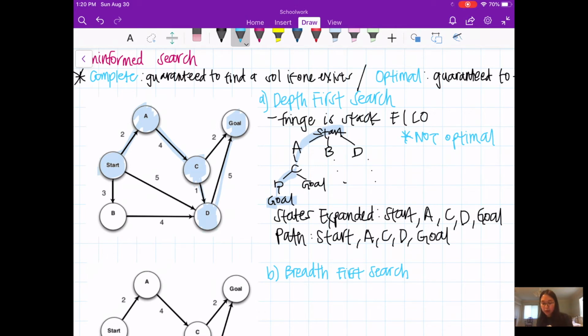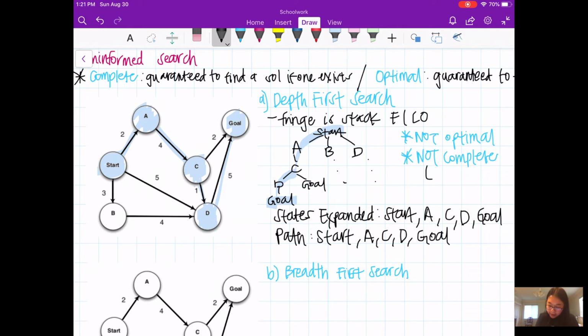Cool, so we know that it's not guaranteed to find the least cost path, but is it guaranteed to find a solution in general if it exists? And it's actually not. So it is also not complete. The reason is that if there are cycles in the graph, then depth first search will just continue looping in that cycle, assuming that the goal is not in that cycle.